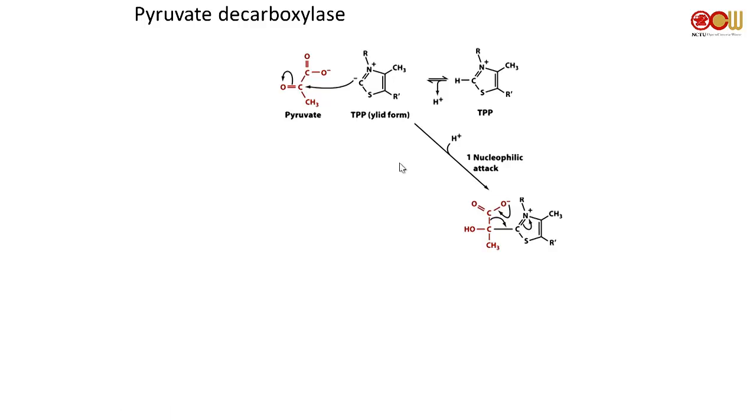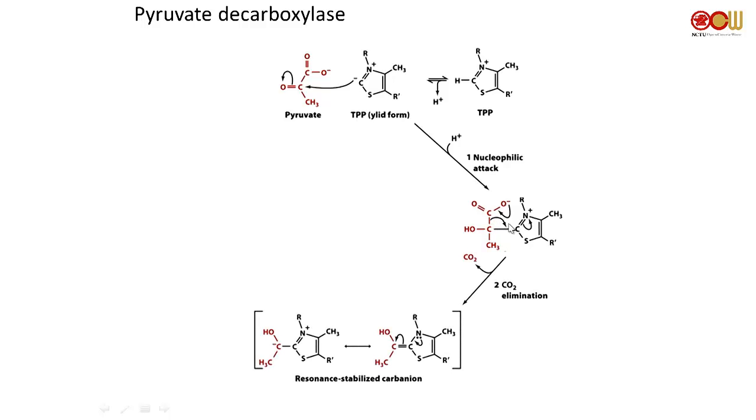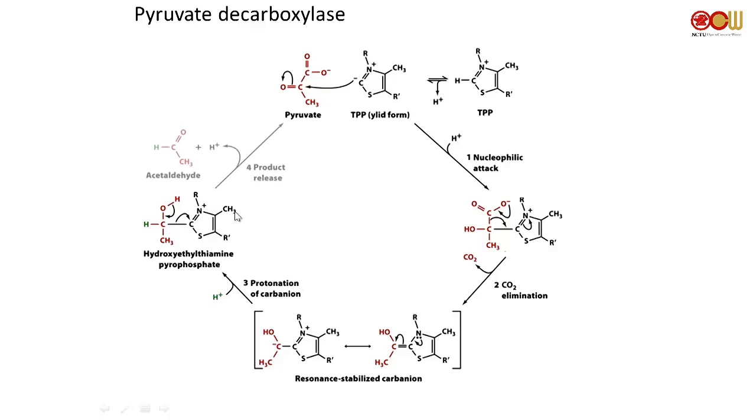Okay, so because of that, what you can do is the electrons pop back down, this guy pops over here, and then you eliminate the CO2, right? Although you form an alkene over here, what you can then generate is that you form this double bond, this ylide thingy, and then you can put one electron back onto the carbon, and this carbon becomes a carbanion, okay, like that. And this then can grab a proton like this, and then your OH claps back down, kicking out the TPP, and you generate acetaldehyde. Okay, so this is the catalytic cycle of TPP-mediated decarboxylation.